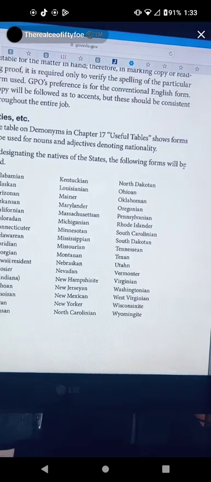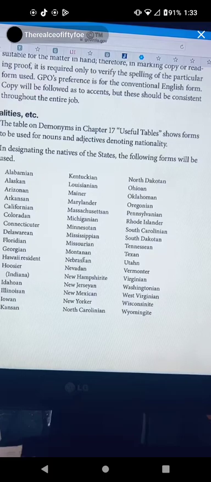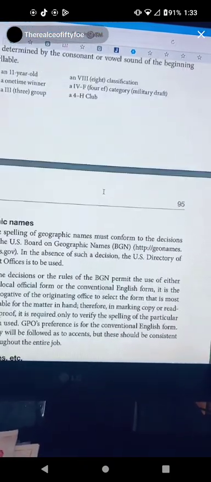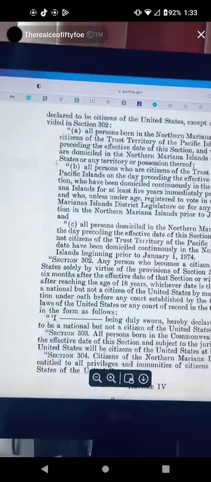The following forms will be used. They're telling you, we're using these if you want to use them. And they're giving it to you. You want to get this paper from the government's website, page 95, add it with your trust, and let them know, hey, this is what I'm expressing. I'm a national and not a citizen. Because that's where they're asking you. Same place I got this information, right here, Public Law 94-241, is also